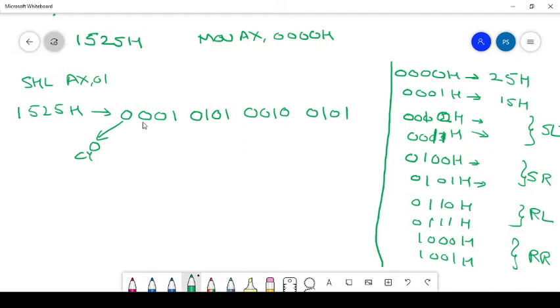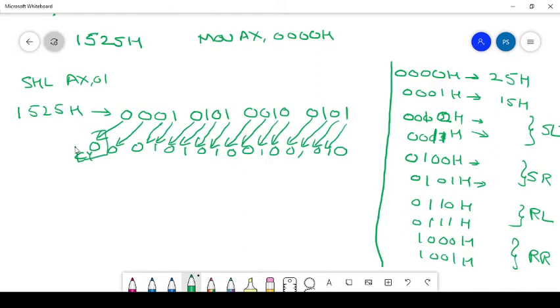That is the actual operation of shift left. Whatever the MSB was has gone to the carry, which we are not using here. Next, for the new LSB, you have to insert the 0.